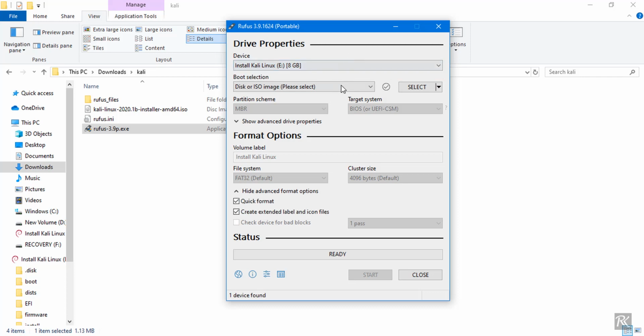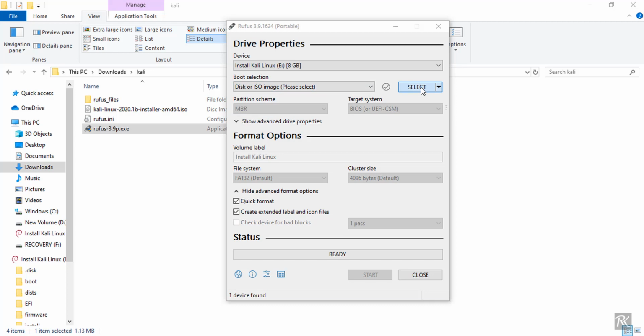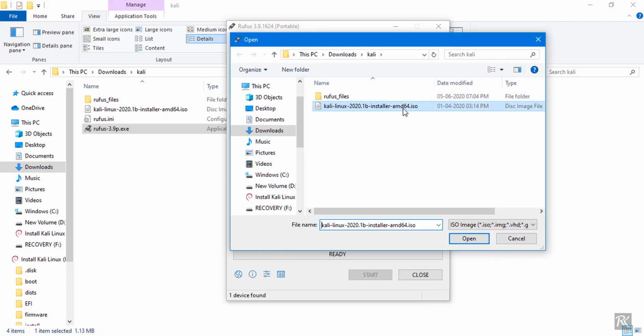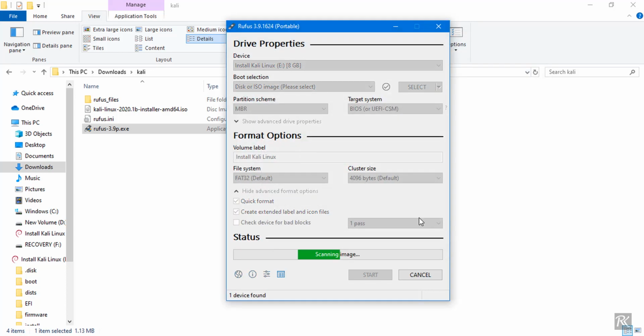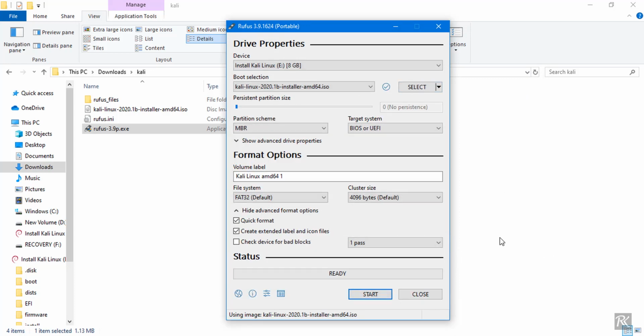Select the pen drive and don't forget to select the proper ISO image, otherwise it will copy a different image and you will install a different one and then you might get an error. So just start